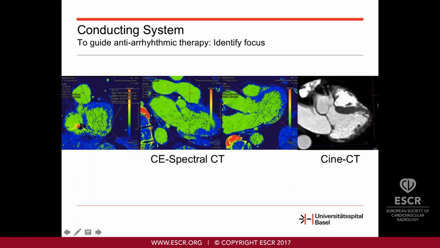Here we see some abnormalities of the aortic valve. However, this patient did not have any valve disease in the past. And here this ECG-gated CT shows this flap in the ascending aorta here, and also on this reconstruction. So we suspected a contained rupture of the aortic root, which was confirmed at surgery, as you see here, and